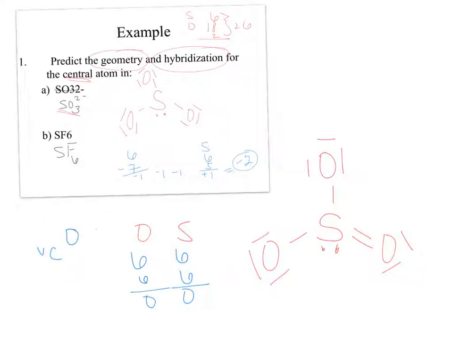and the formal charge on the other 2 oxygens remain -1 and -1, but this is an ion, so I do need a charge of -2. So this structure is better than this one because I have more zeros here. Okay, there's less charge floating around, canceling each other out. Okay, so the geometry of this one, we have 4 electron domains, so the geometry for